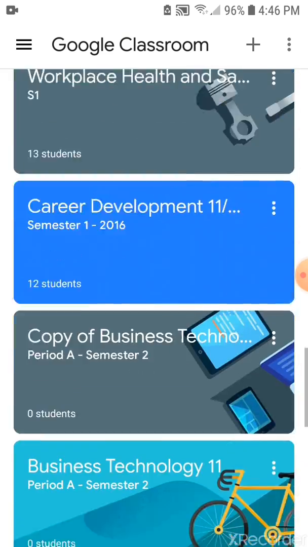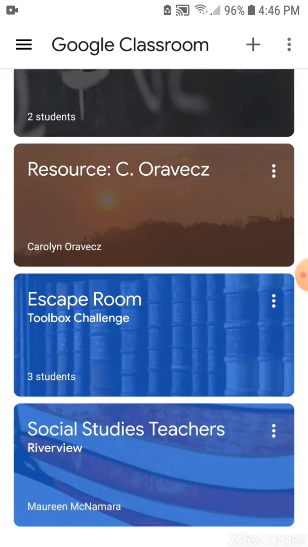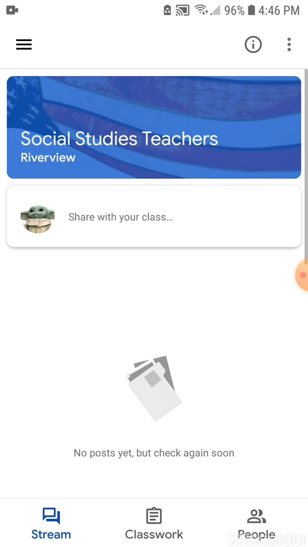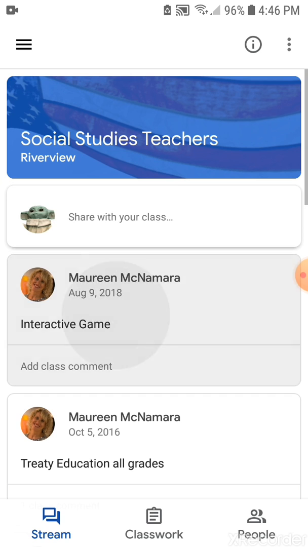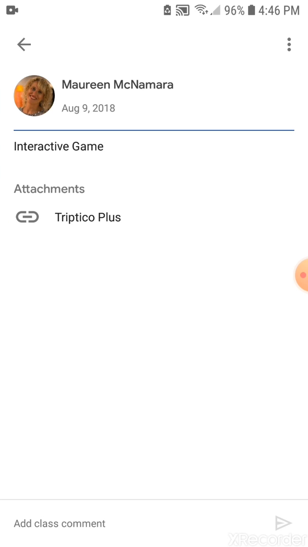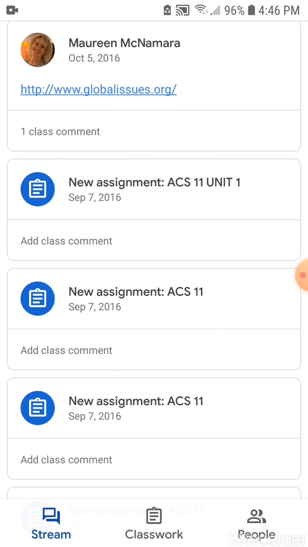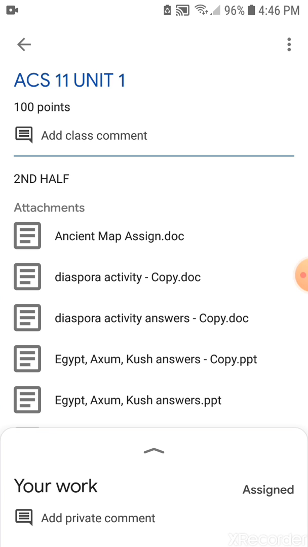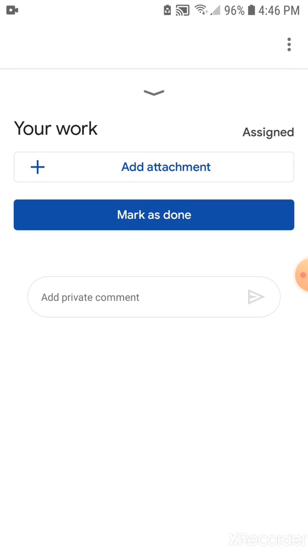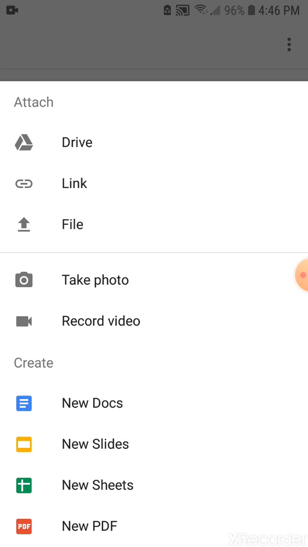I'm assuming that you can add stuff in here. Let me just take a look, but I know I've seen this on students' phones. If I go into one, there we go. Let's look at an assignment here. So if I go into the assignment, of course, all the stuff that's given by the teacher is in there. And then if you go to your work, you can add attachments, and then you can add in things either from